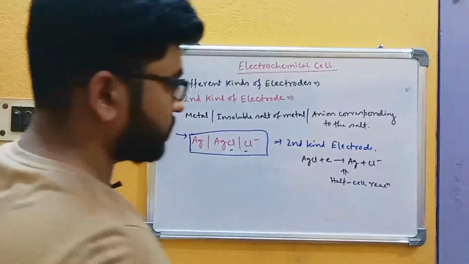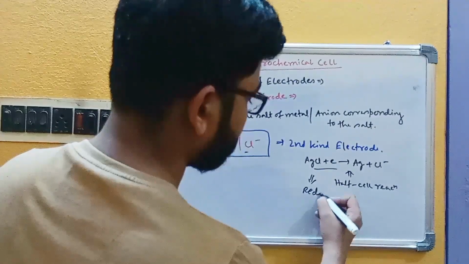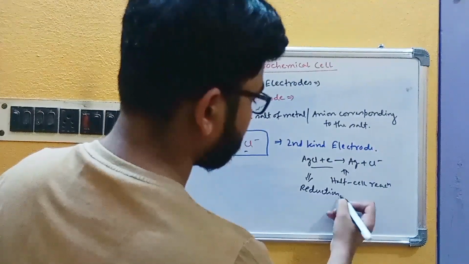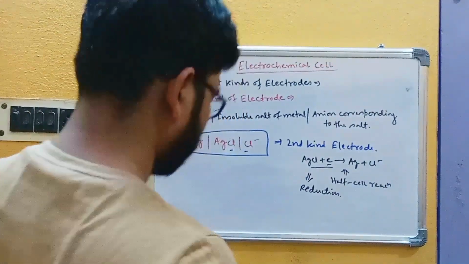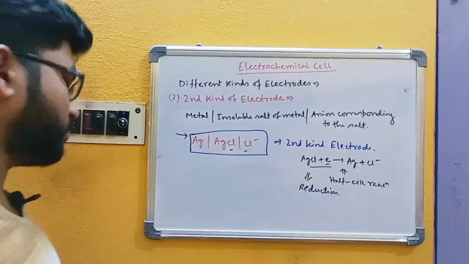Now look, this half cell reaction corresponds to reduction because it takes one electron, but this representation does not correspond to reduction